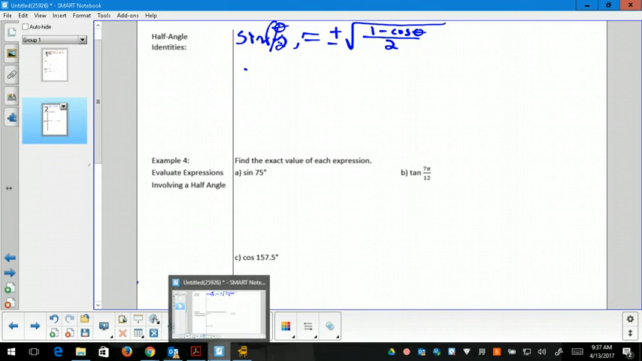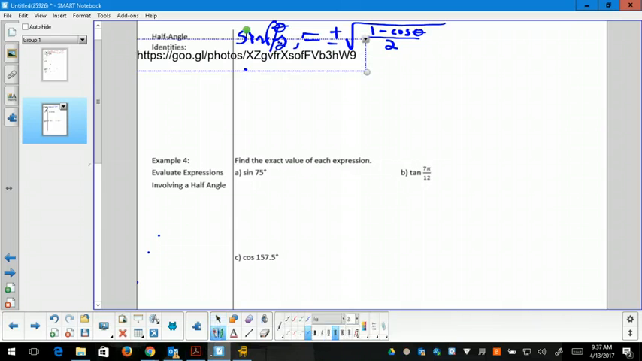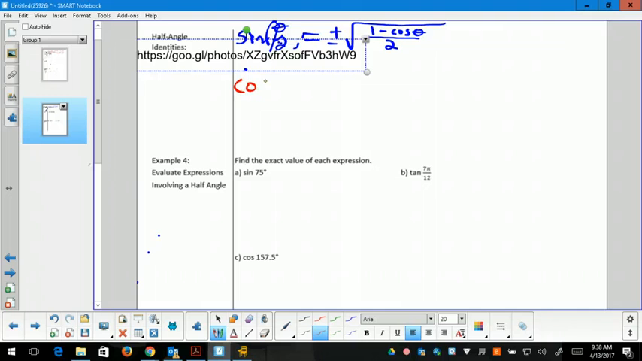For cosine, it's very similar in formula, so you just got to know the difference in the sign, because for cosine of theta over 2,